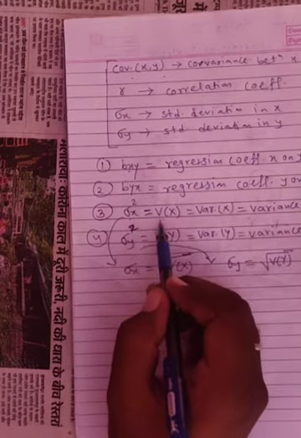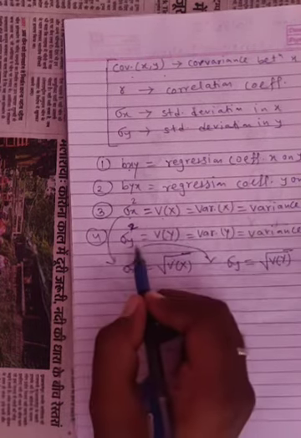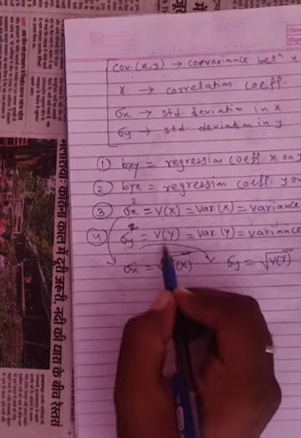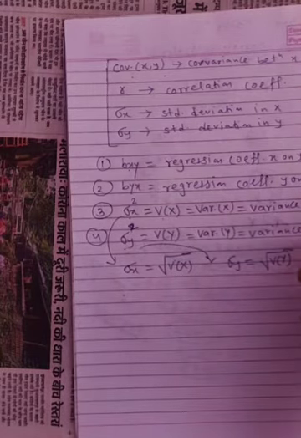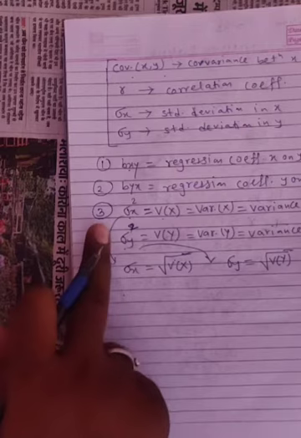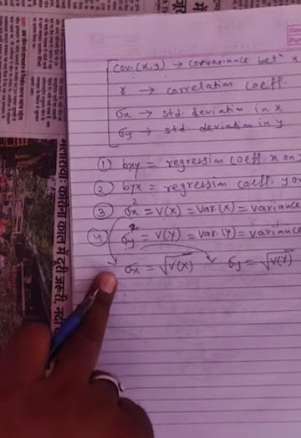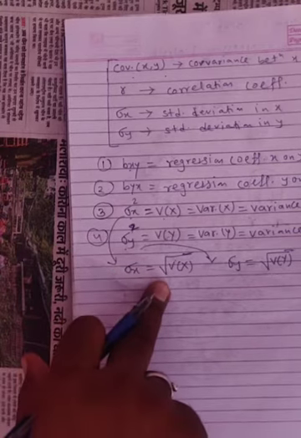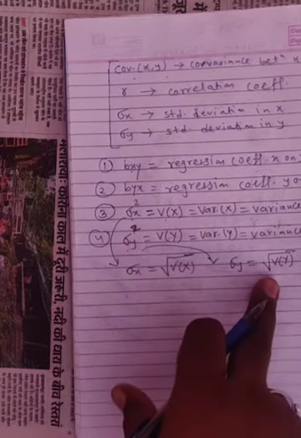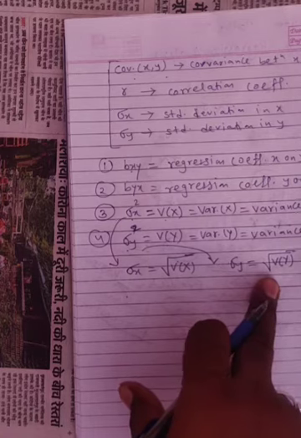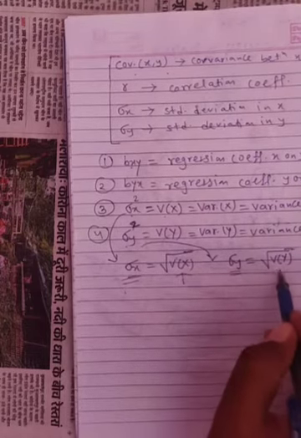Sigma square x is also equal to Vx or VARX, that means variance of x. Sigma square y is equal to Vy or VARY. All three terms are equivalent, and it is read as variance of y. With the help of the third formula, we see the definition of standard deviation. Standard deviation of x is the positive square root of variance, and standard deviation of y is the positive square root of variance of y. So we can find the value of sigma x and sigma y when the value of variance is given.